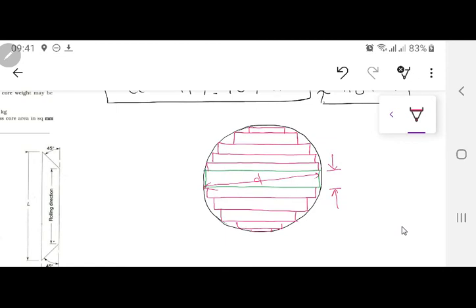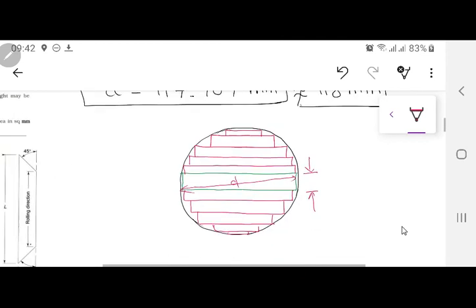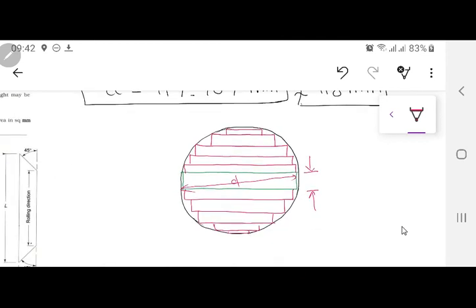Okay? Now, since this book does not go with the very accurate or even the approximate formula, what they have done over here, listen to this very carefully. They have tried to make it a circle, but assuming it. First of all, the diameter is known, it has come out to be 118 mm. So if this diameter is 118 mm, can you fix this length over here? This will be slightly less than d. Okay? So they can take it supposedly equal to 114 mm.